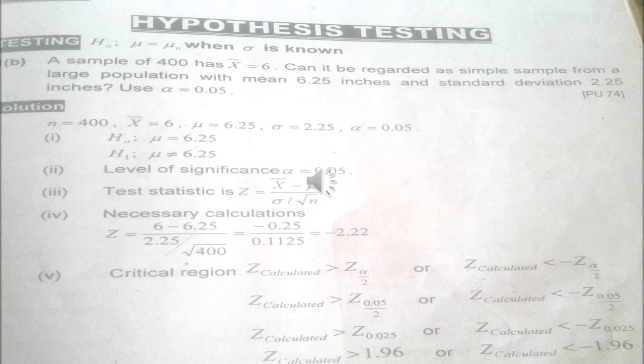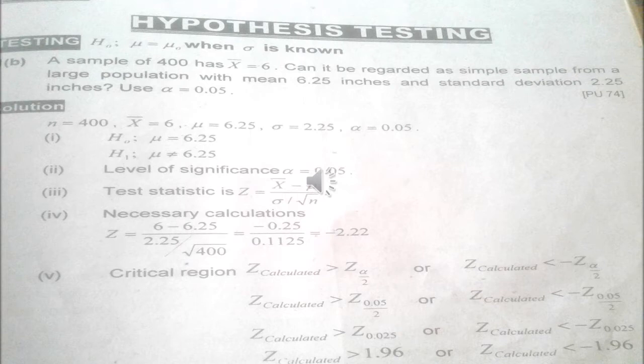A sample of 400 has sample mean 6, x bar is equal to 6. It can be regarded as a simple sample from a large population with mean 6.25 inches and standard deviation of 2.25 inches. Use alpha at 0.05 and we have to test the hypothesis. First we note down what is available in the question: sample size n is equal to 400, sample mean is 6, population mean is 6.25, population standard deviation is 2.25,